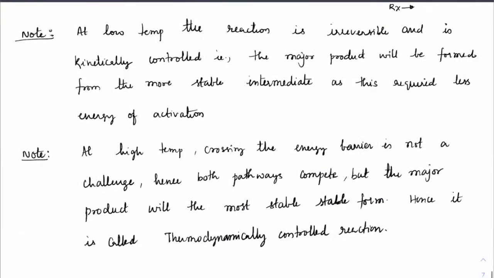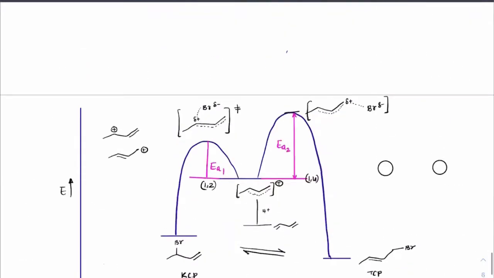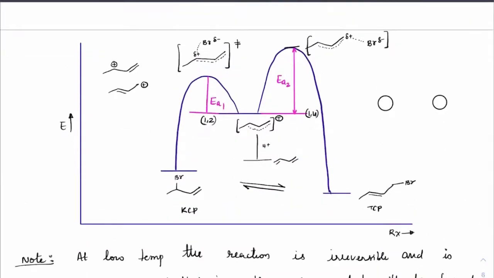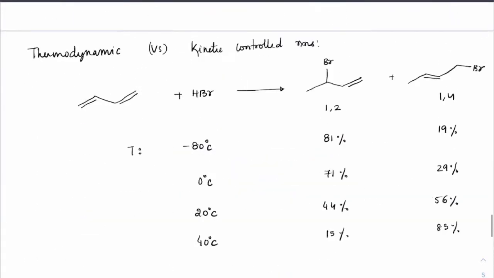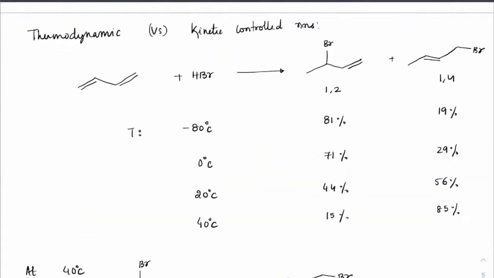Yes, sir. A small doubt, sir. Can you go to the percentage table, sir? Which step? The temperature and percentage table. Sir, at some temperature, we found both the products at 50-50 percentages, and at some temperature we don't. Sir, if we decrease the temperature, will the 1,2 product change to the 1,4 product by losing the bromine and rearranging the carbocation? What is the process done?